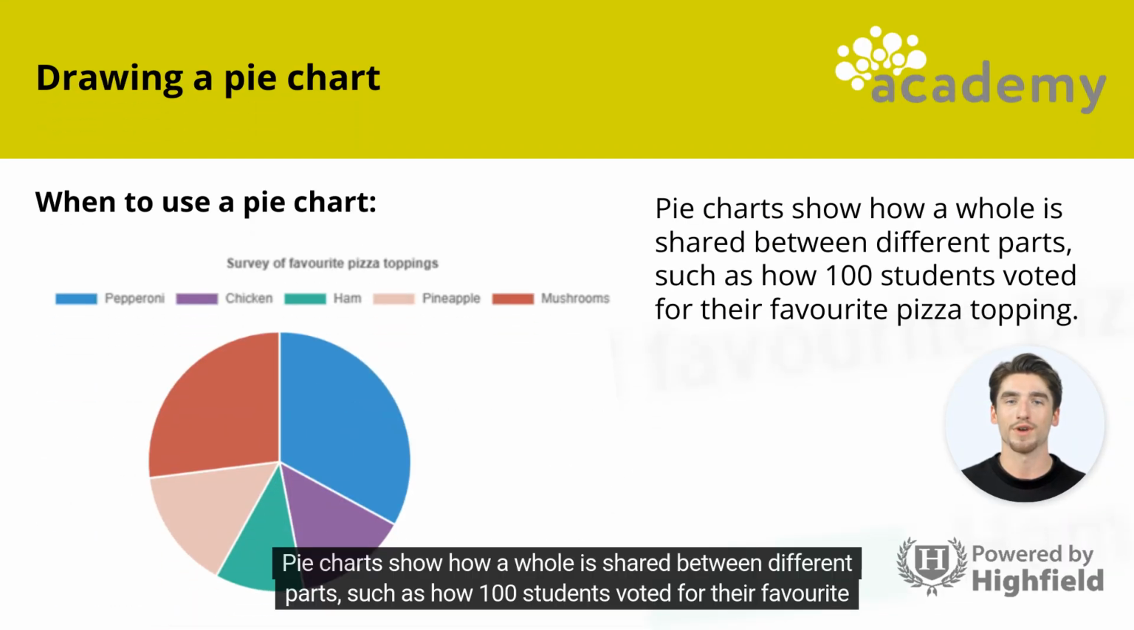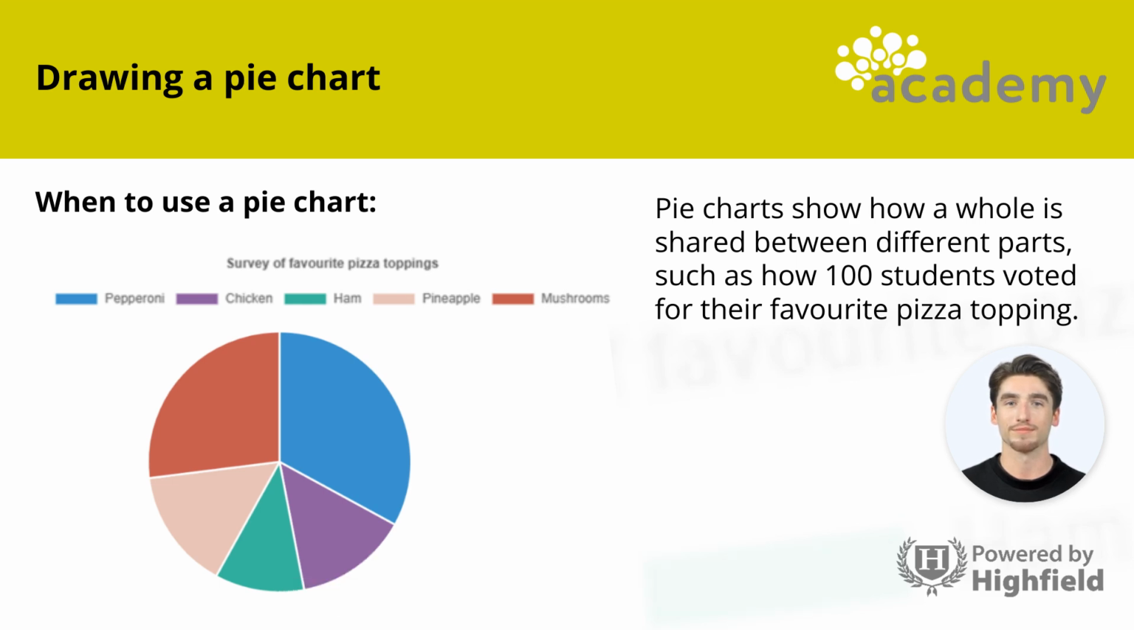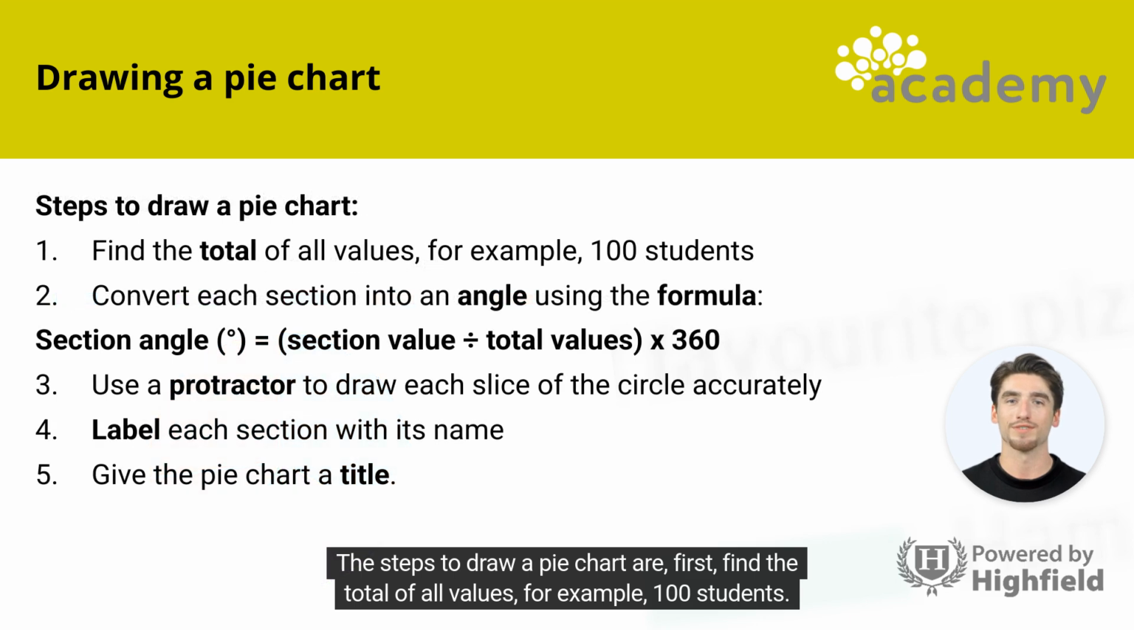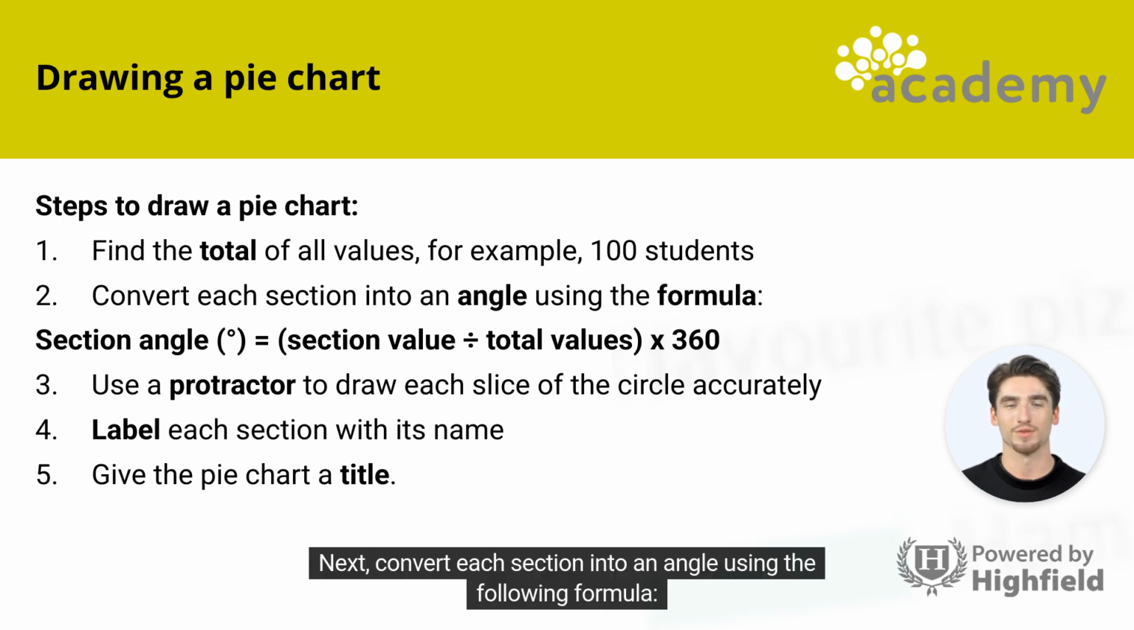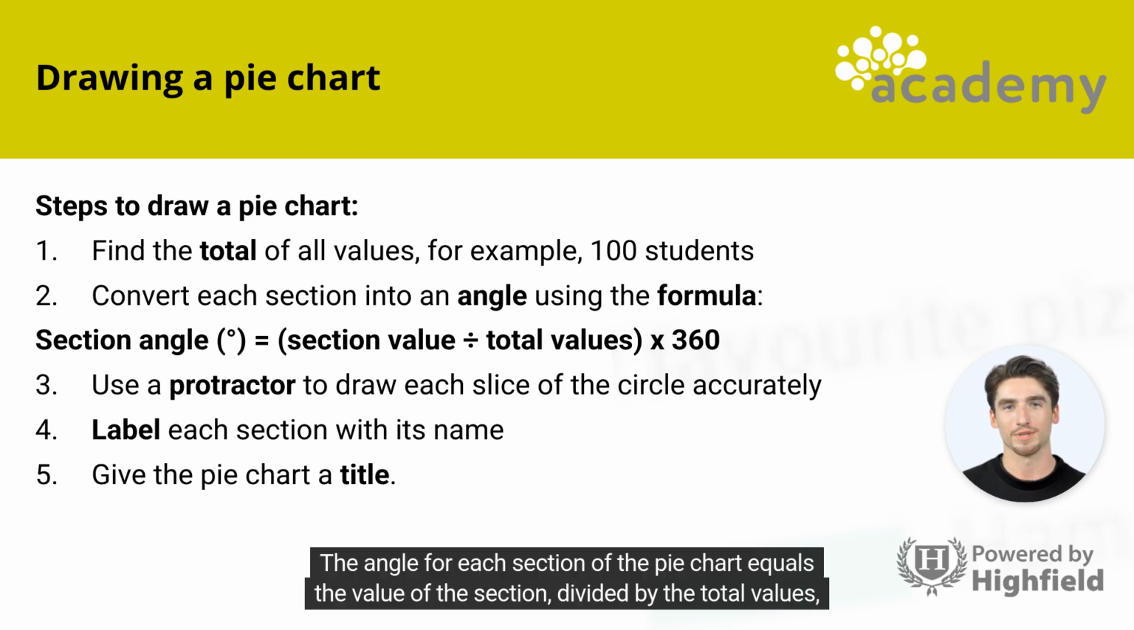Pie charts show how a whole is shared between different parts, such as how 100 students voted for their favorite pizza topping. The steps to draw a pie chart are: first, find the total of all values, for example, 100 students. Next, convert each section into an angle using the following formula. The angle for each section of the pie chart equals the value of the section divided by the total values